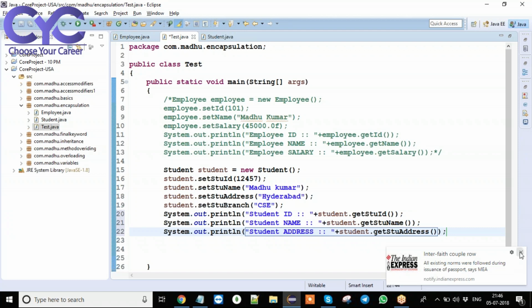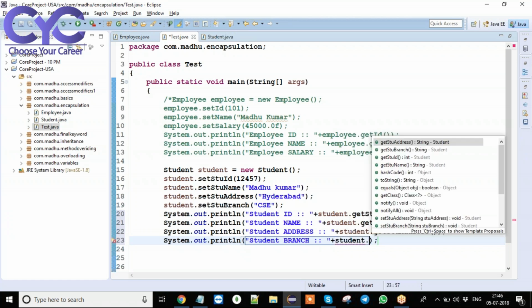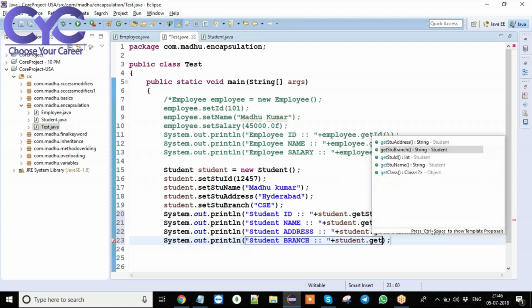Now system dot out dot println of student branch plus student dot get branch.